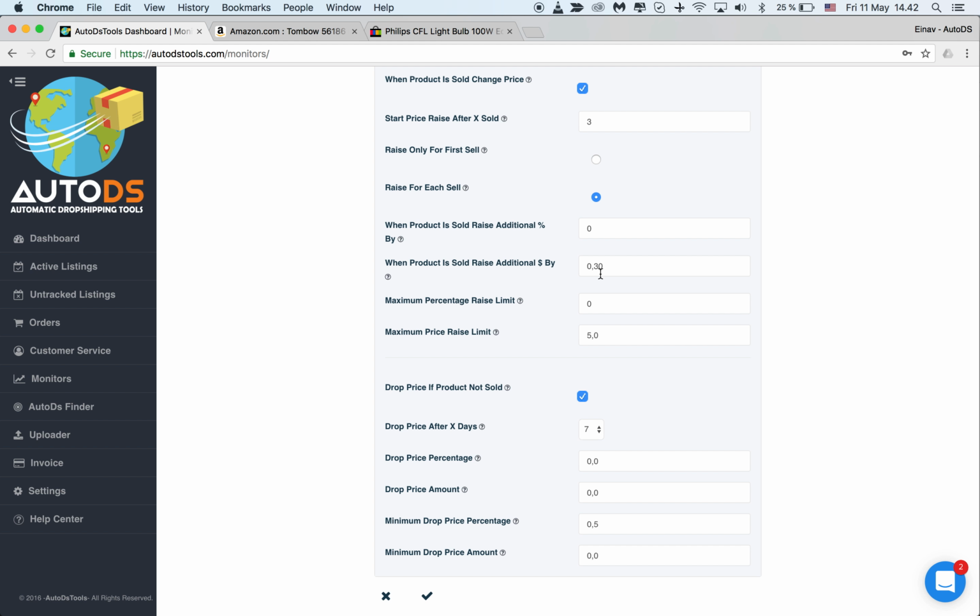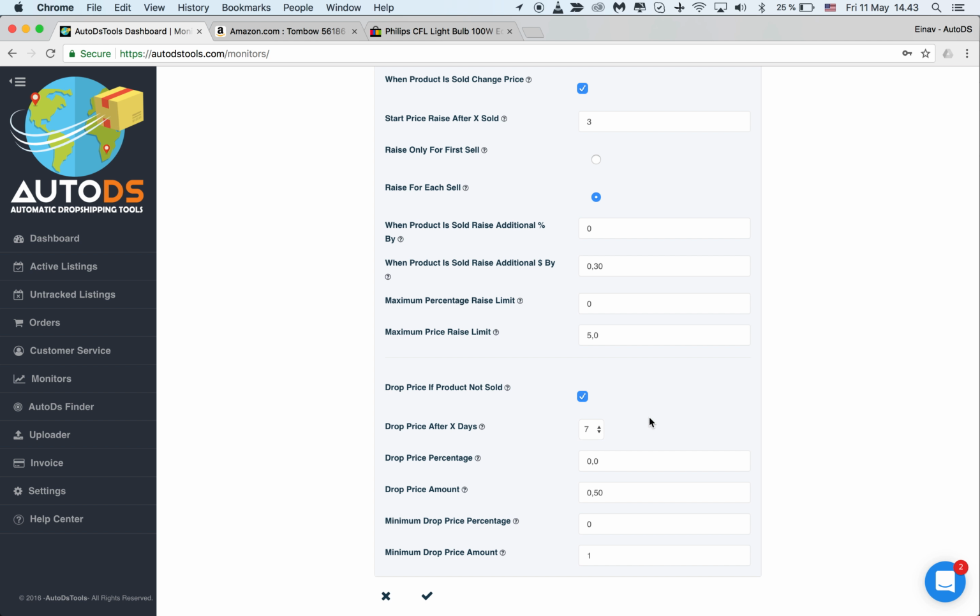Now, it's recommended if you're already using the dollars here, keep using them here. Or if you're using the percentage, use them here. So now I'm not going to change the percentage, and I want to change the amount. So now I want to tell it if it didn't get sold after 7 days, drop it by 50 cents. Okay, I 0 again the percentage because I choose not to work with it now. And when the minimum profit that I have in the dollar profit field for the listing reaches $1, stop. Okay, don't drop the price